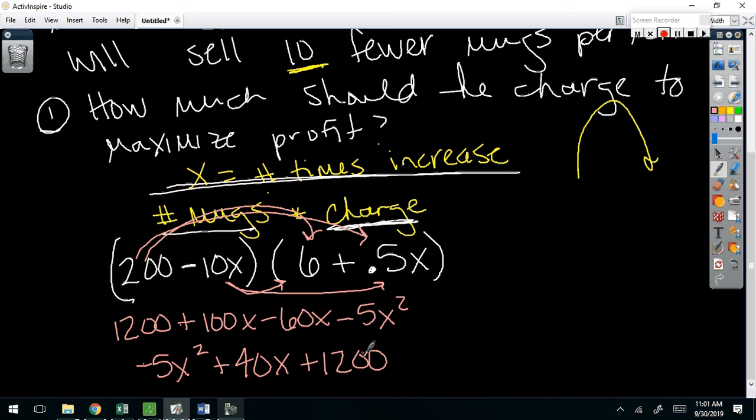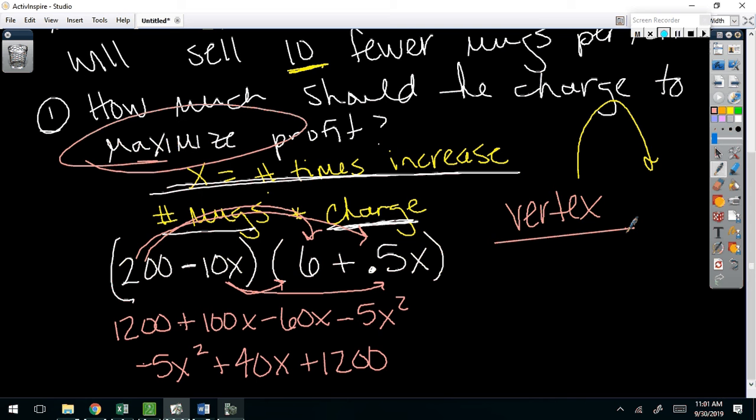Go ahead, Connor. We're not going to even do any of that because we're not going to graph. What we're going to do, because it asked me for maximum profit, right? I want to find the maximum. The maximum happens where? At the vertex, right? So to find the vertex, I first need the axis of symmetry, and then I need the y that goes with it. Okay? So opposite B